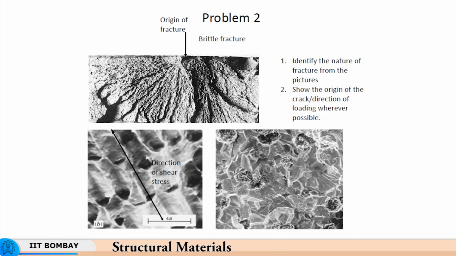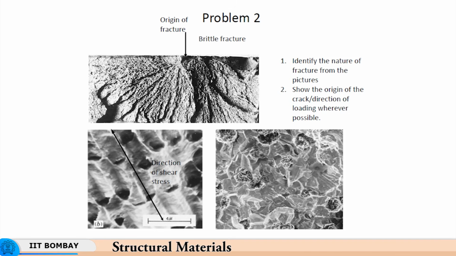brittle fracture. Here in the second case, you have a very good representation of ductile fracture. These circles are called dimples, and these are the outcome of voids being generated with plastic deformation. As the plastic deformation takes place, the voids are generated around second phase particles, at different interfaces, or even within the matrix, and these voids are an evidence of a lot of